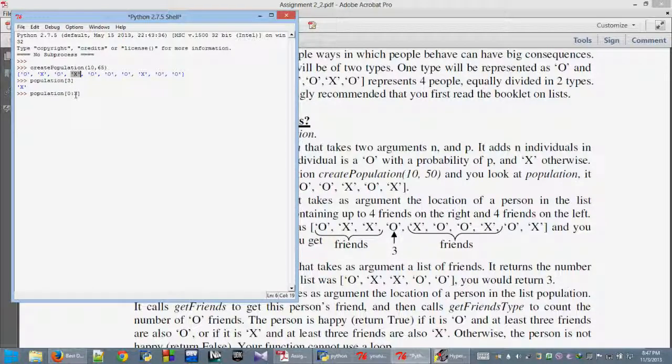If you have read this loop booklet, I mean not the loop booklet, it's what's called, yeah, the list booklet. So if you read that, you'll understand that